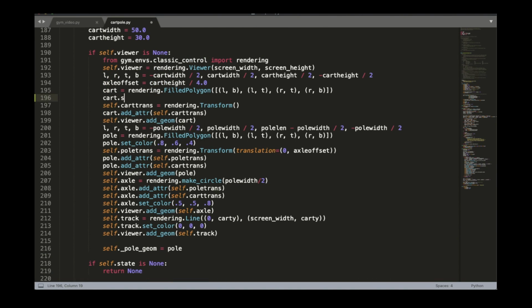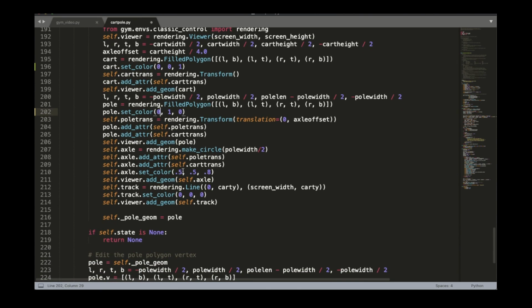So now, to help us identify that we are in fact instantiating the custom CartPole environment and not the standard one, let's modify the render function to change the color of the cart to blue, pole to green, axle to black, and track to red. Doesn't sound like a very visually appealing combination, but it'll get the job done.